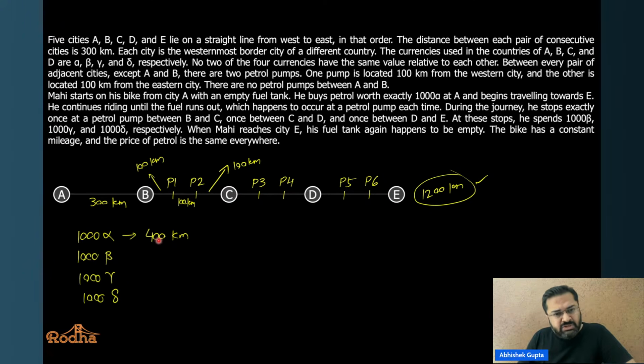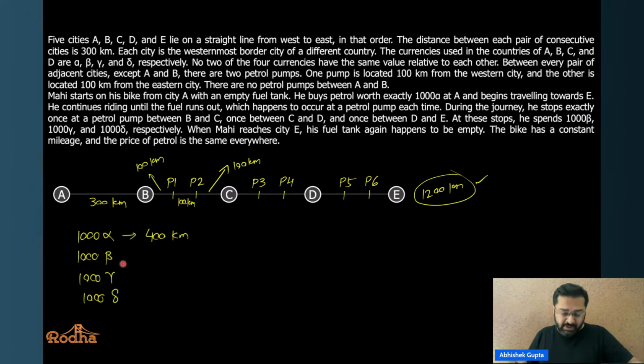Now tell me, if this is 400 kilometers, what can be the distance that he can travel after this? There are only two options, see. He stops at P1. Now after P1, can he stop at P2? No. He stopped once here, once here, once here. So from P1, where can he go? Either he can go to P3 or can I say P4? Only two options. Now the problem is, can he go from P1 to P4? Just think about that. P1 to P4 would be how much distance? 100, 100, 100 and 100. Isn't it? 100, 100, 200 and this is another 200, because these are all 100, 100. So from P1, can he jump to P4? Not possible, because then it would become 400, 400.